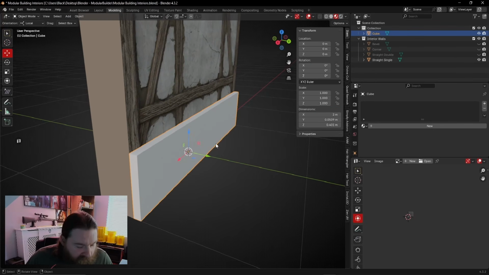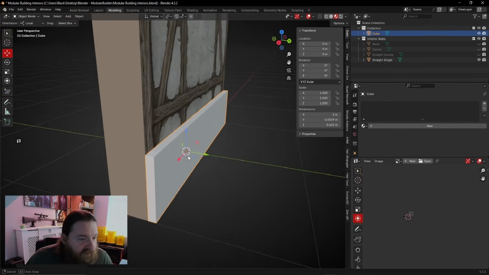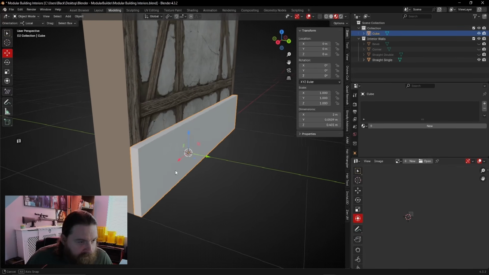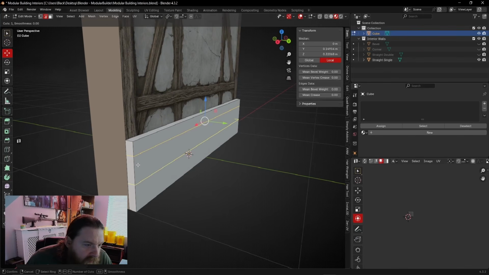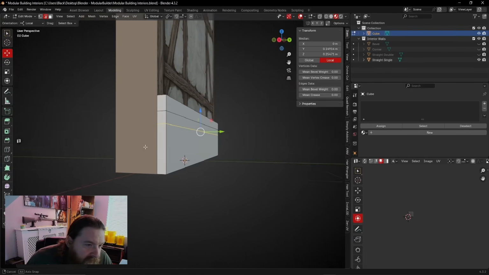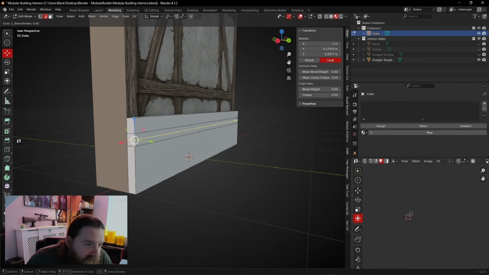Now I can just add a bit to it. I'll quickly set transforms again and I'll put a bit of an indent run along it here. Maybe something like that. And then if I add another loop